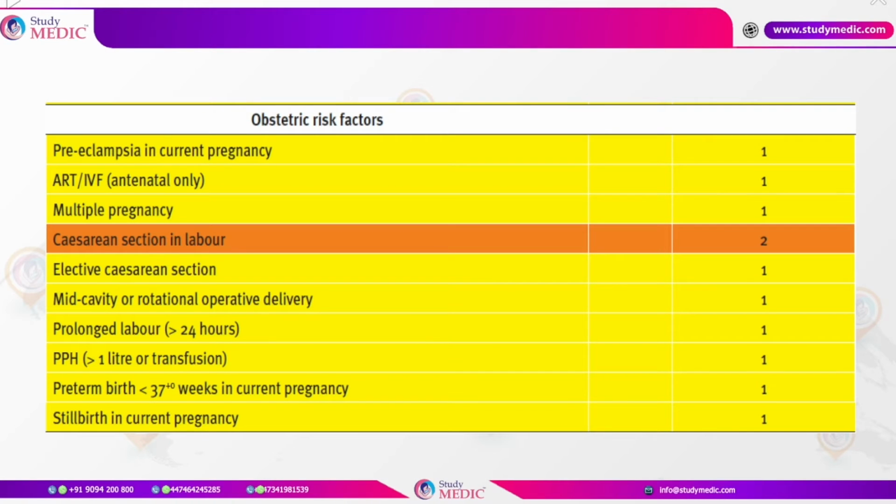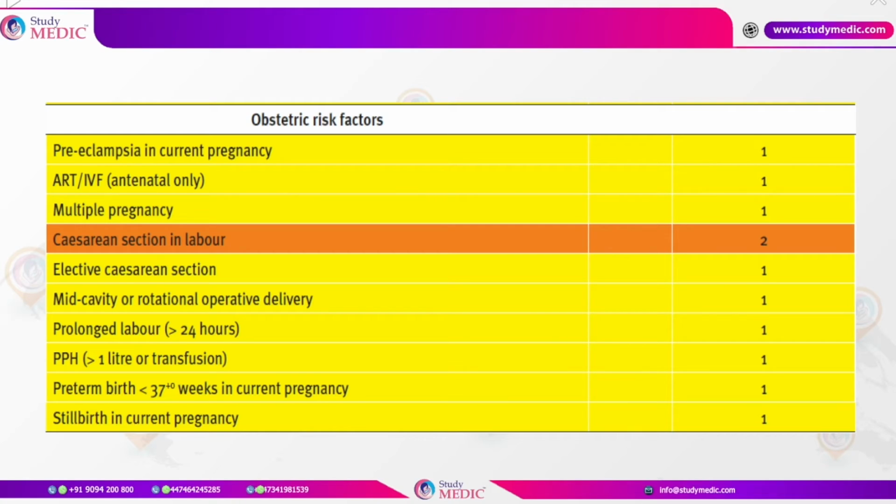This is the one thing that I wanted to highlight over here. Elective C-section is 1, and cesarean section in labor, whenever it has been mentioned that the patient is a non-progressing case of labor or a case of obstructive labor, that will be counted as a score of 2. Here, very important in PPH also, if there is more than 1 liter transfusion, then definitely blood loss you need